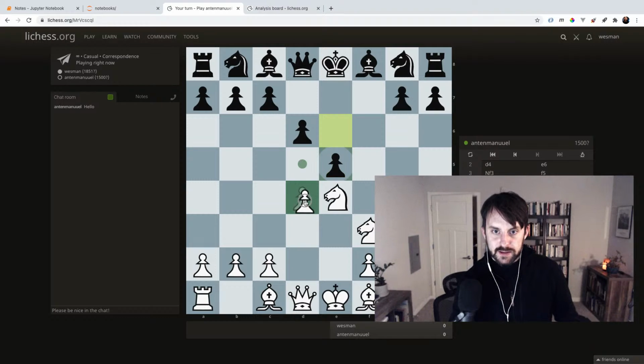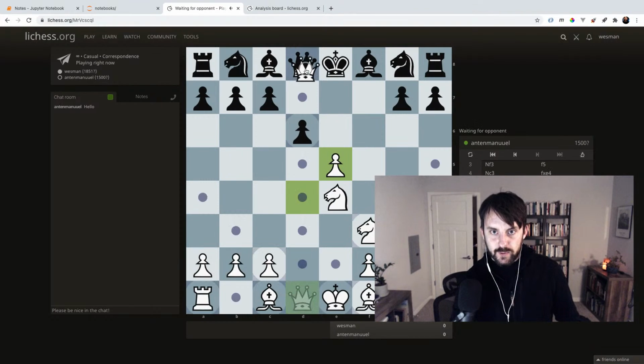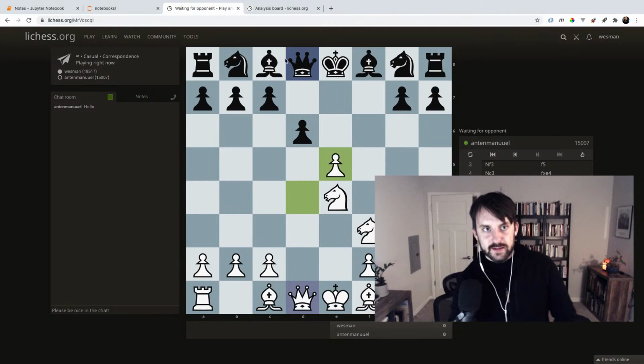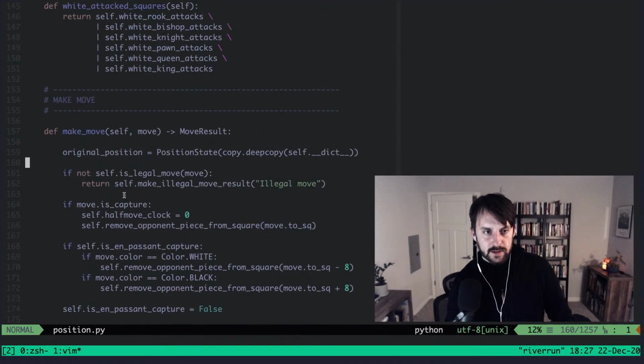And on 10 is going to actually give up, or get queens off the board, I should say. I think this might just win a pawn. All right, so